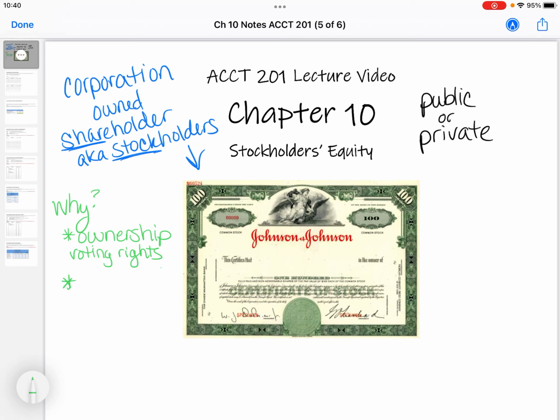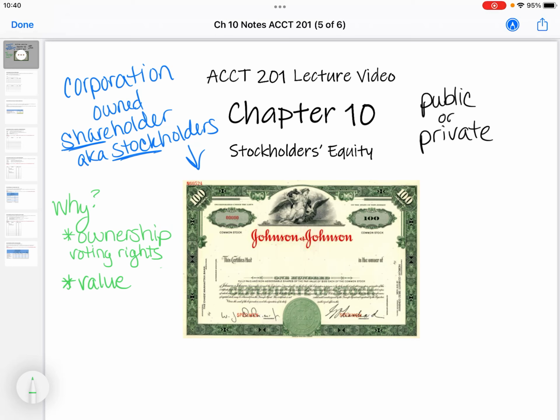But why else would we want to buy stock? For the value. We'd want to buy stock at a low price and then sell it higher. So what we do is we buy into organizations or corporations. Sometimes I call them organizations. That's just an easier umbrella to put under. But anyway, so you buy a company, you buy the value, you buy the stock, and you buy that low because you think, oh, this company is going to go big, right?